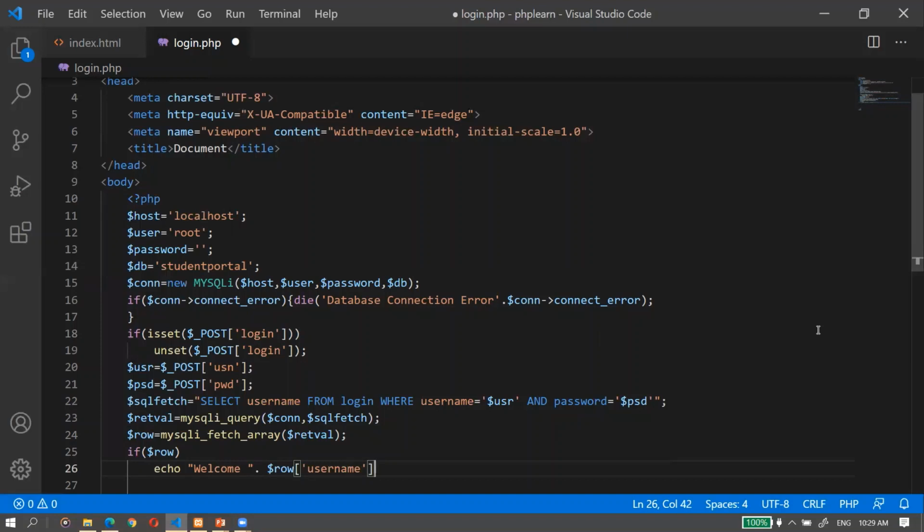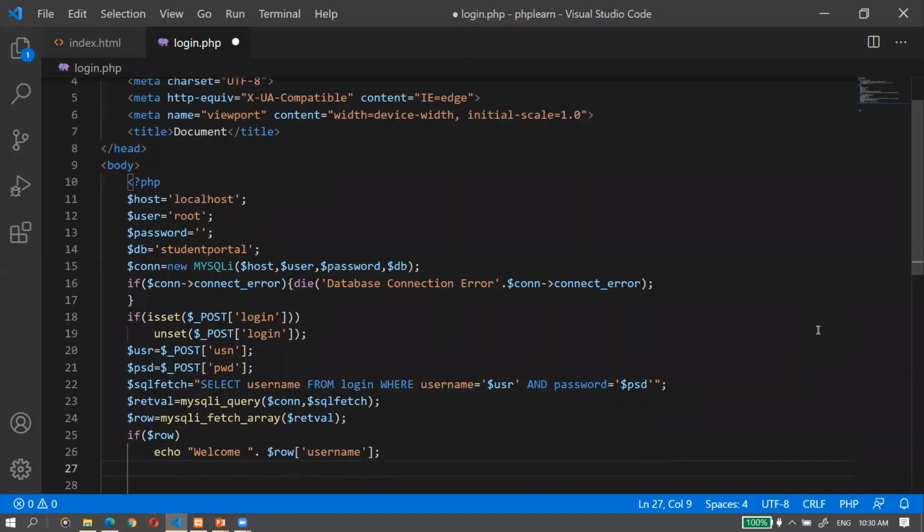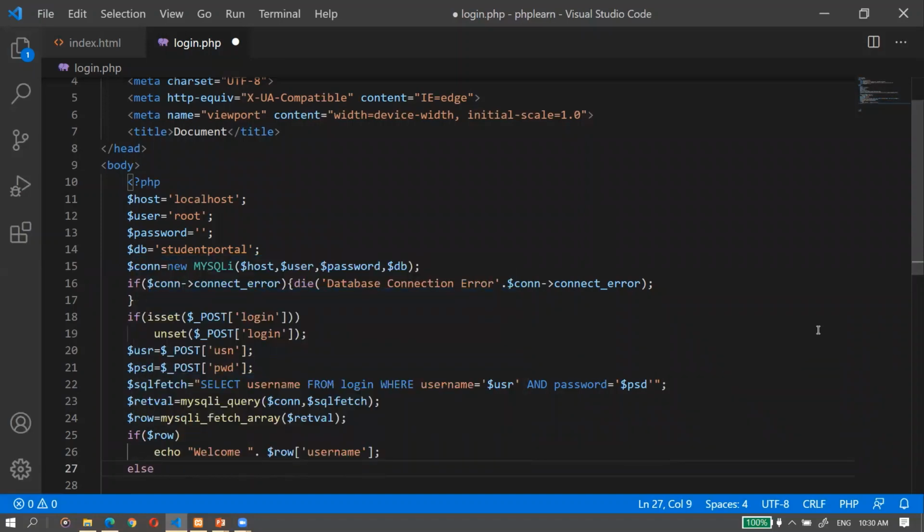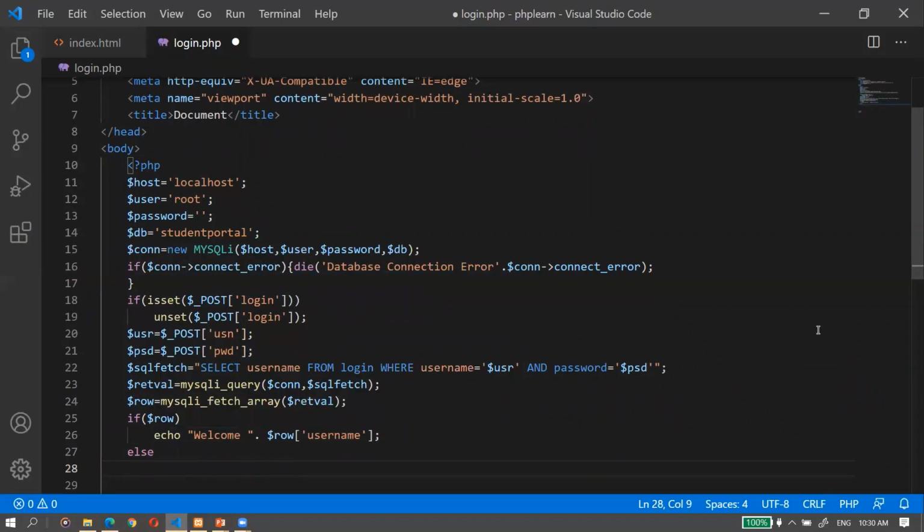So it will say like welcome, whatever is the username, like welcome Preeti, welcome whatever. Okay. Now if not, else what you have to write? Else not an authorized user.